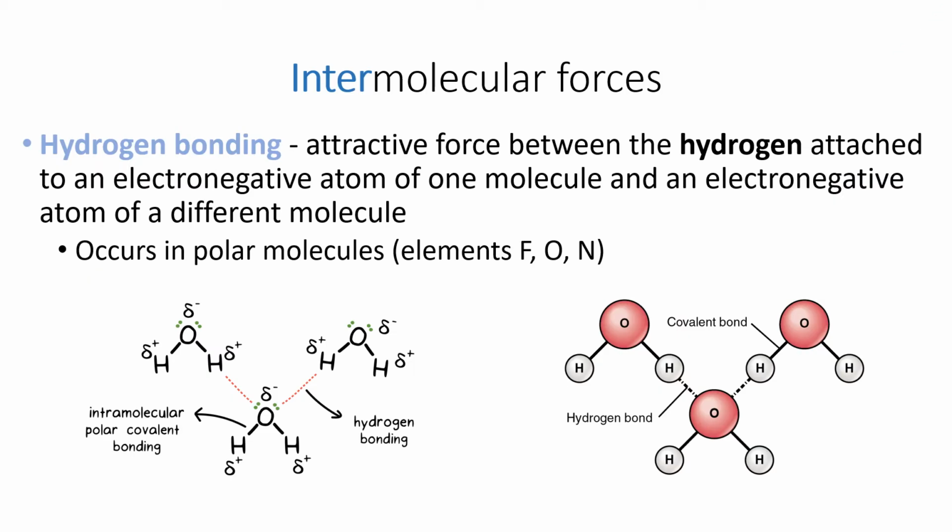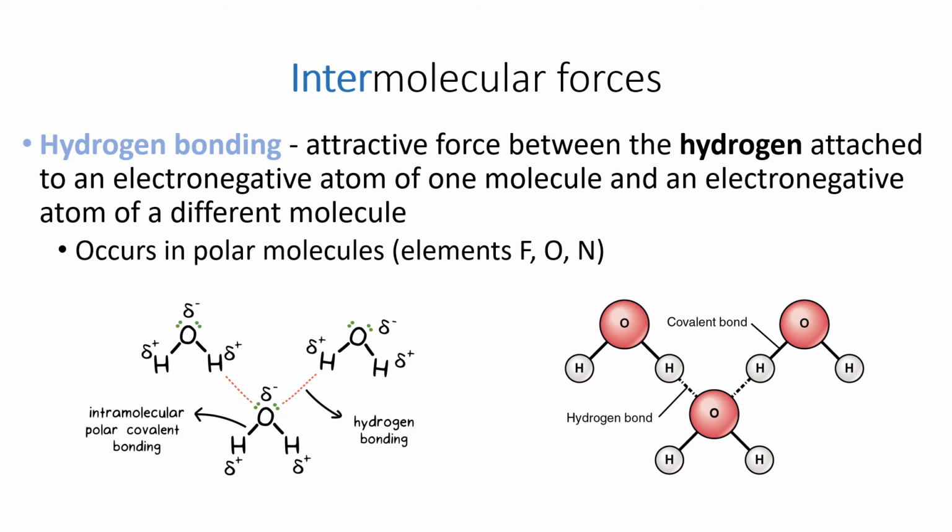So, hydrogen bonding. Hydrogen bonds are strong dipole-dipole interactions that occur when hydrogen is attached to a very electronegative atom, such as fluorine, oxygen, or nitrogen. As a result, the electronegative atom takes most of the electron density and becomes partially negative. This leaves hydrogen with a partial positive charge. This partially positive hydrogen is able to have electrostatic interactions with other partially negative F, O, or N atoms of